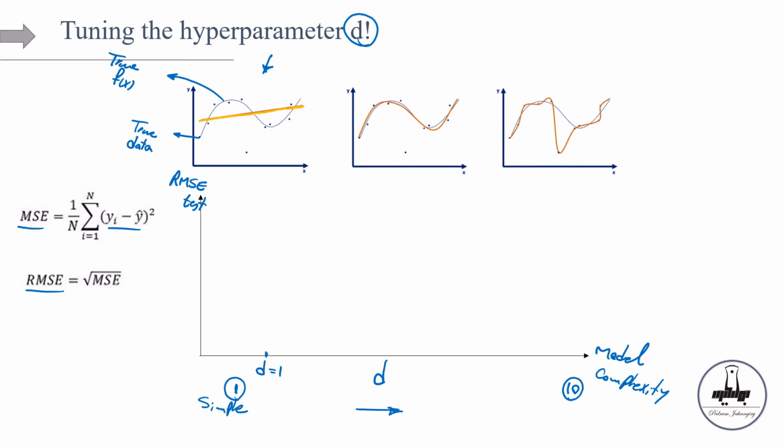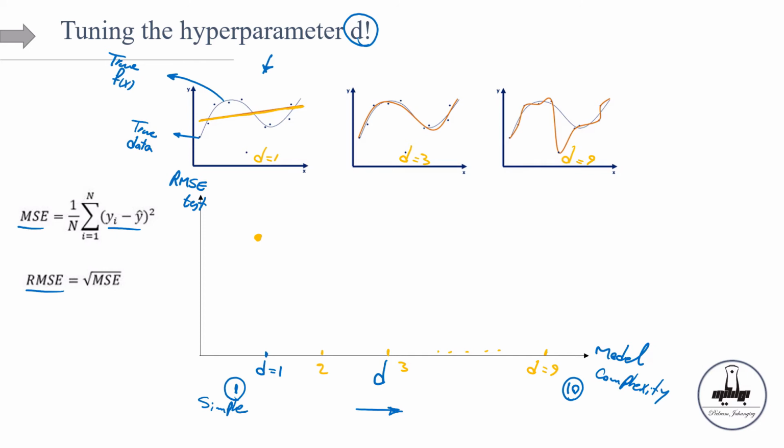So let's say this is the RMSE. So this is for d is equal to 1. Let's say here d is equal to 3, and here d is equal to, I don't know, maybe 9, right? And we have here d is equal to 2, d is equal to 3, and maybe d is equal to 9 is here. Okay. And as we increase the degree of polynomial, then the model is going to become more